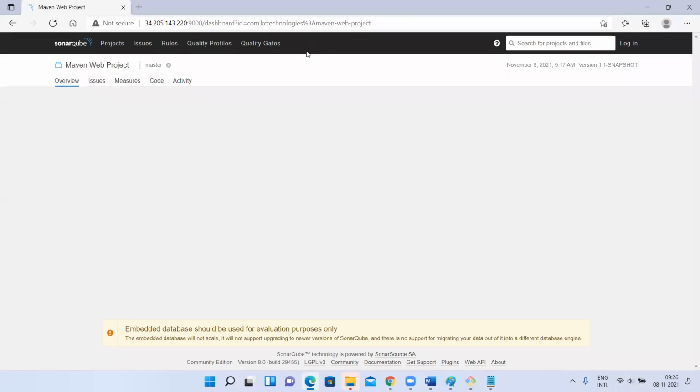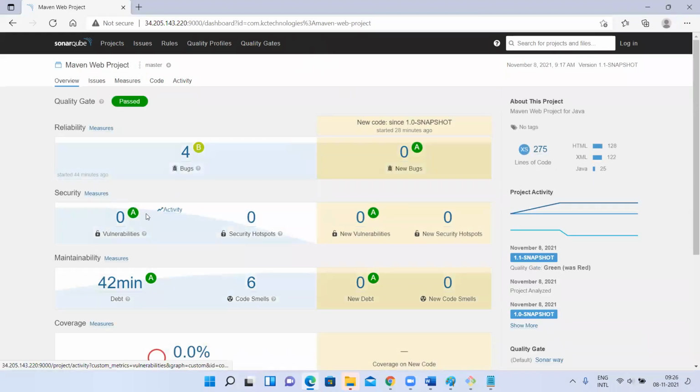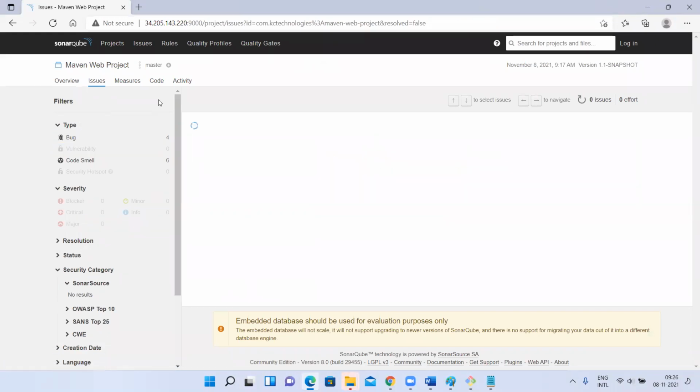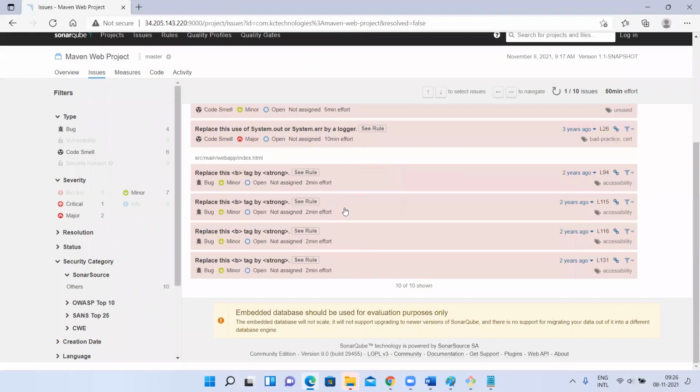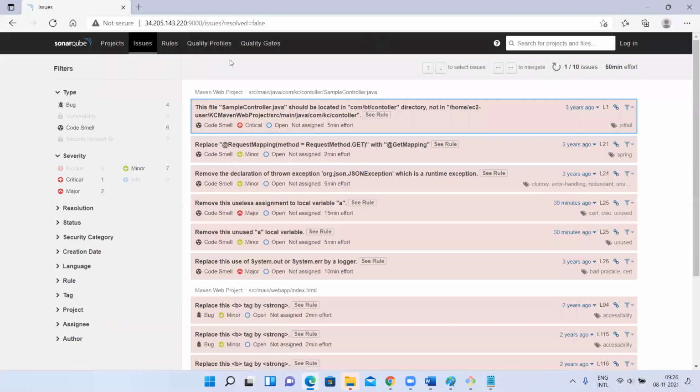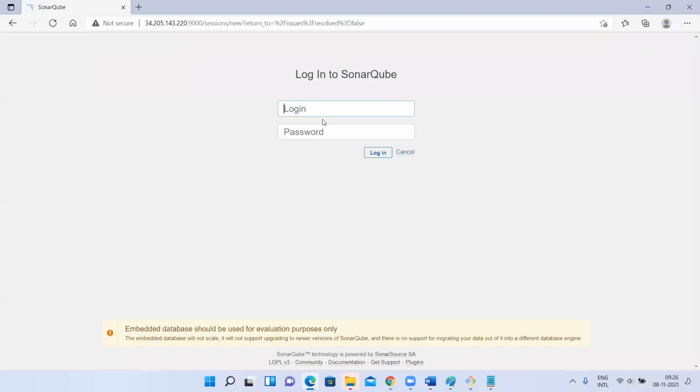But he's not seeing that administration option. He can go to these bugs, right? He can reset the filters. He can read everything as an anonymous user, but he's not able to delete anything. He is not seeing the rules. Administration he is not seeing, but everything else is visible. Only read access.